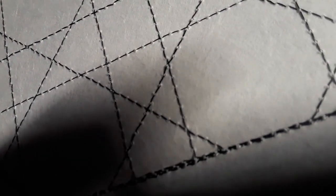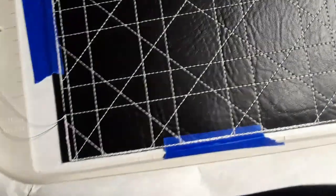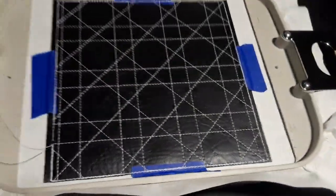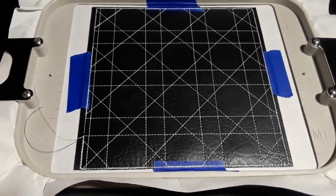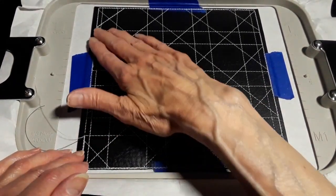But that's okay, because we're not going to see it. And then this cutaway just lends itself to give your bag more structure. You don't want to use tearaway. And if you don't want a lot of structure, if your machine can't make it through or what have you,